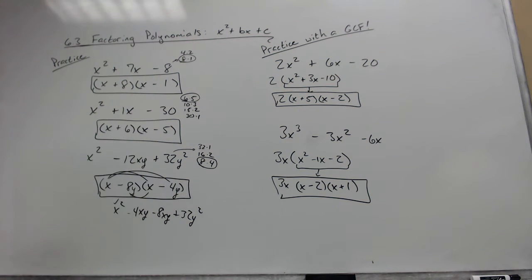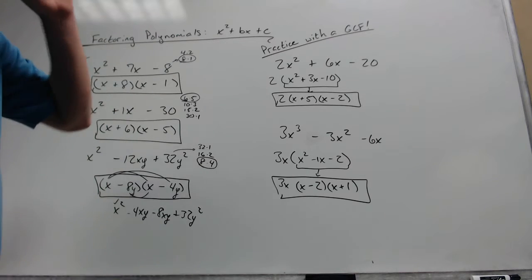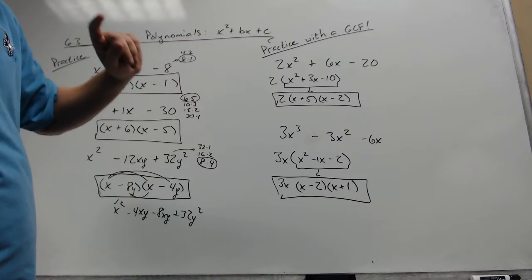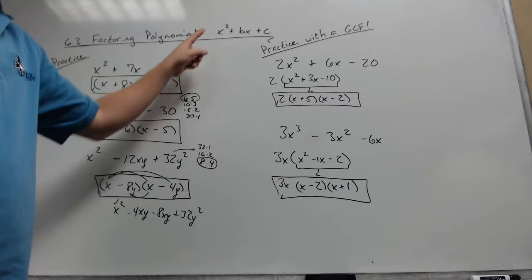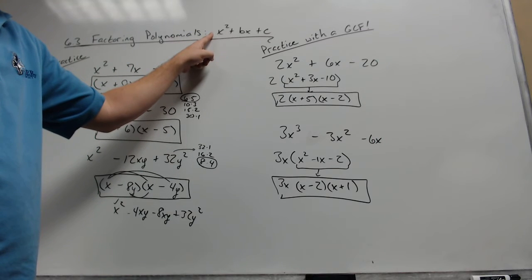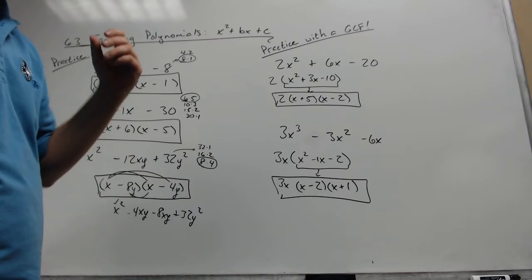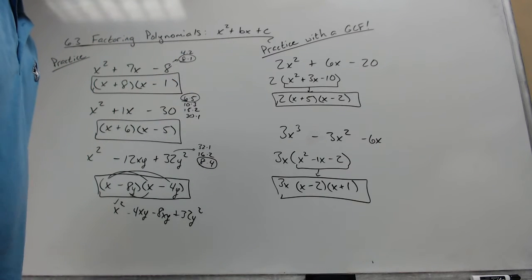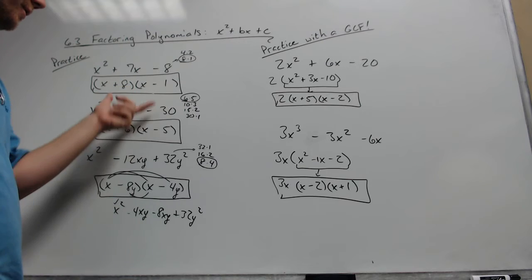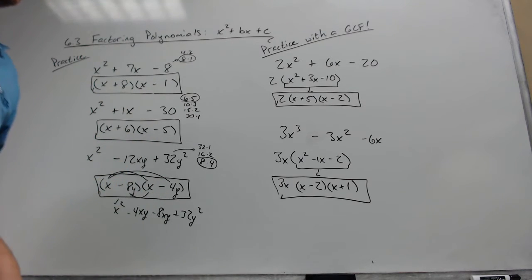All right, so there's more practice with our basic polynomial factoring with just an x squared in front. Next section, we're going to make it a little more difficult and put a coefficient in the front and make it so there's no greatest common factor. It makes it a little more difficult of a task to factor, but we're still going to be unfoiling. Same kind of process, same kind of thought process, maybe just a little